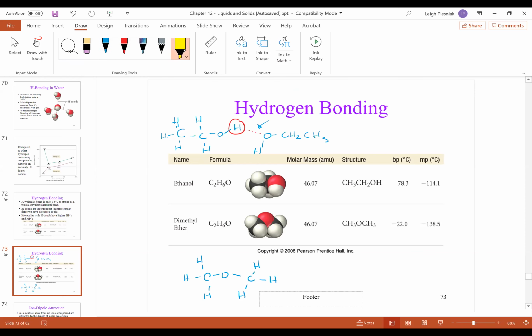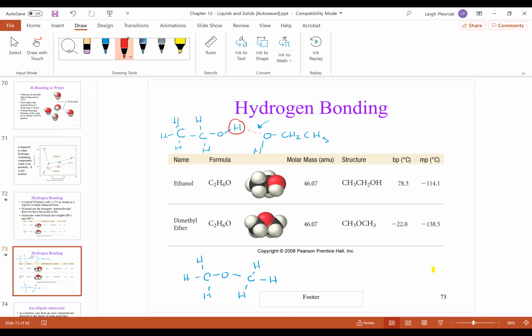Notice that, are you on your whiteboard now, Professor? Oh, no, I'm on the, do you not see it? No, I don't see it. I just see the screen for the hydrogen bonding, the slide. It's showing me the slide that I'm sharing. How about now? Do you see it now? I see the bottom where you wrote the C, the O, and H configuration, the dimethyl ether. And do you see the red circle up here? Yes. Okay, and the hydrogen bond.